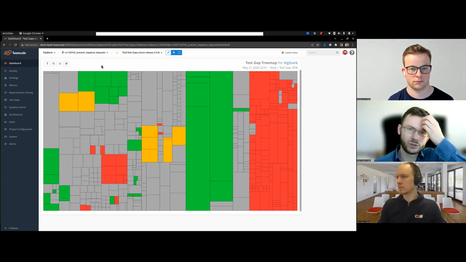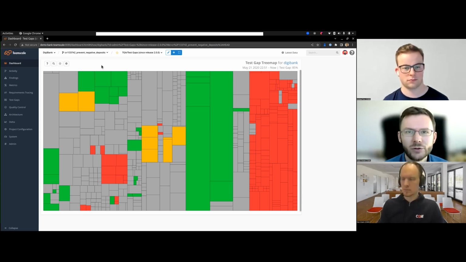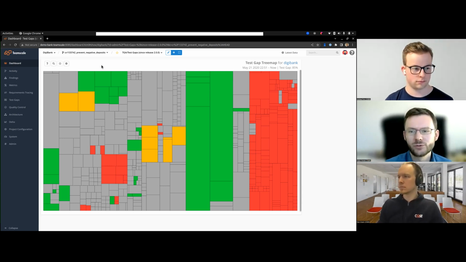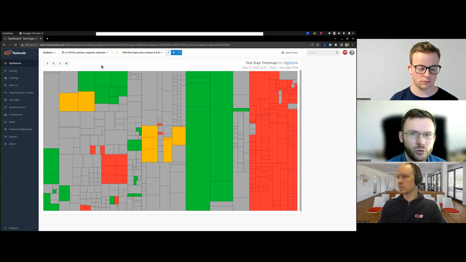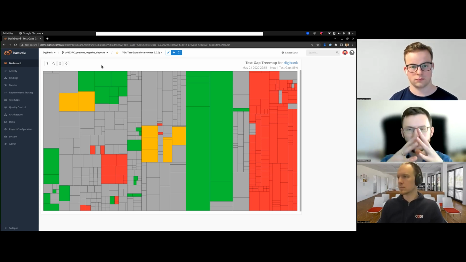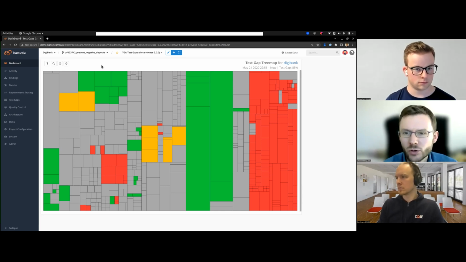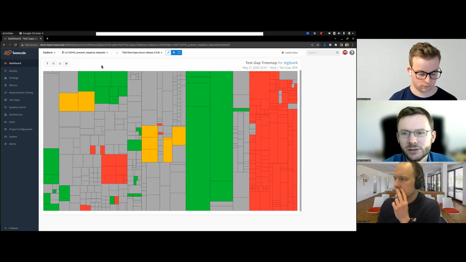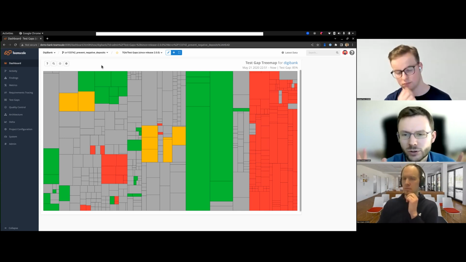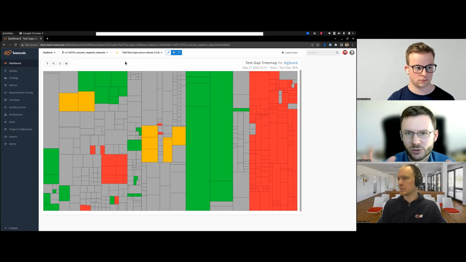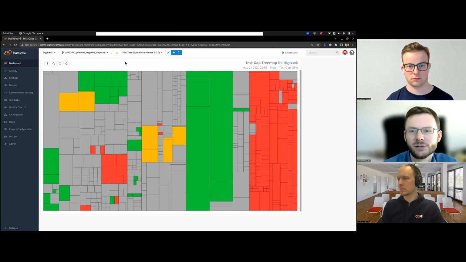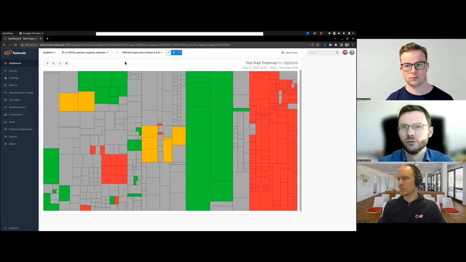We have several customers that have the same setup, and basically what you do is you record the test coverage on both sides. On the server, to see what happens on the server while the tests are running, and on the client to see what is happening there, and then upload both coverage reports to TeamScale, and then TeamScale automatically combines it. Of course, you need to import the source code for both sides as well. Sometimes people have the client in a different repository than the server, but TeamScale also supports putting both repositories into the same project,